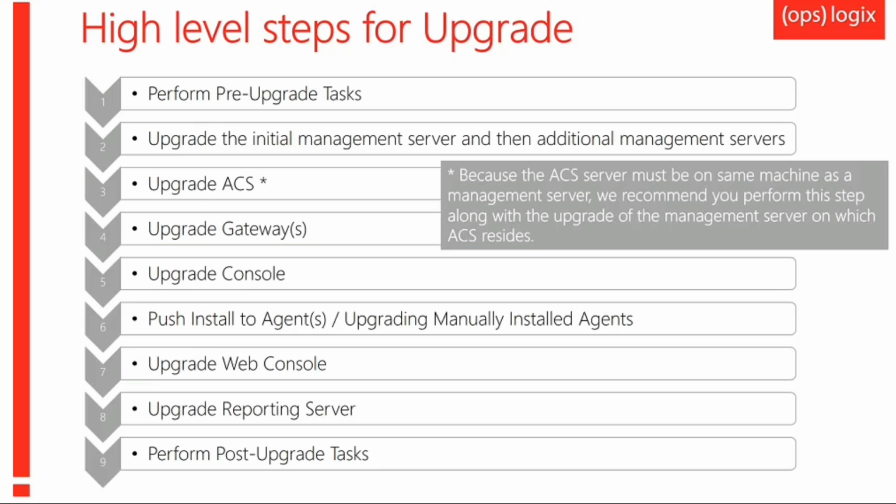Then you could consider upgrading ACS as a third step, the security monitoring piece, because the ACS collector lives on a management server. And whenever you're upgrading management servers, the ACS component of it will also be upgraded. So you might as well now upgrade the database and the forwarder so that your security monitoring keeps flowing. Step 4 would be to upgrade the gateways, check connectivity and the reporting back into management servers,